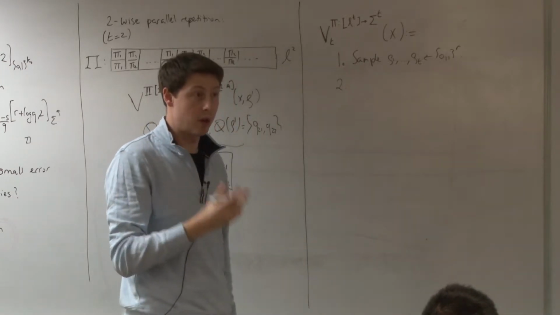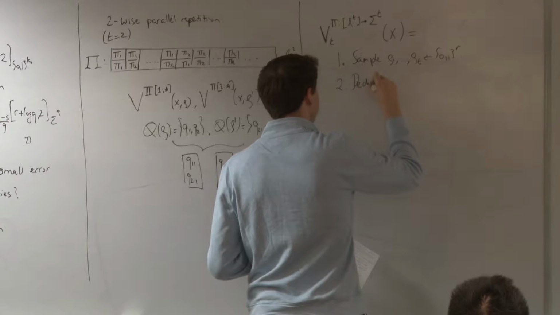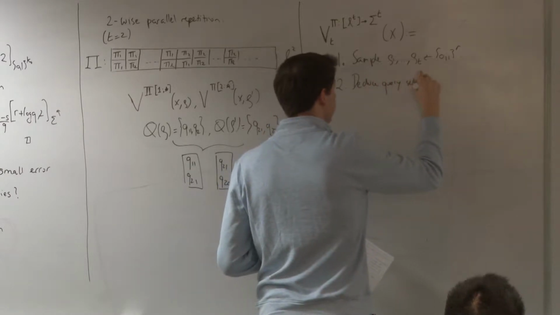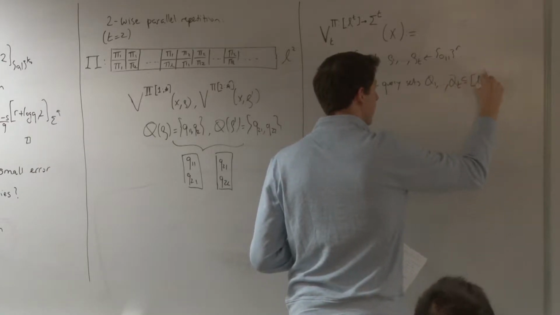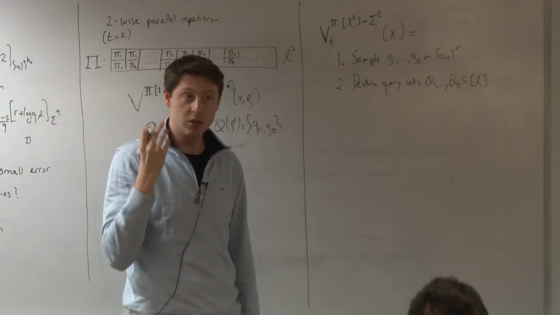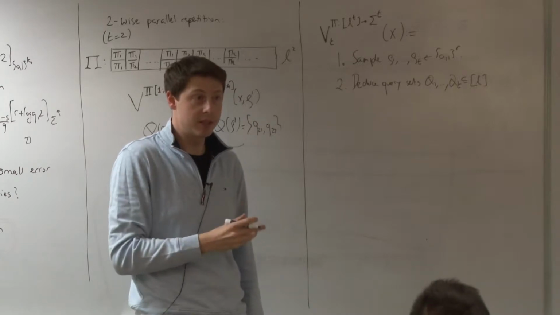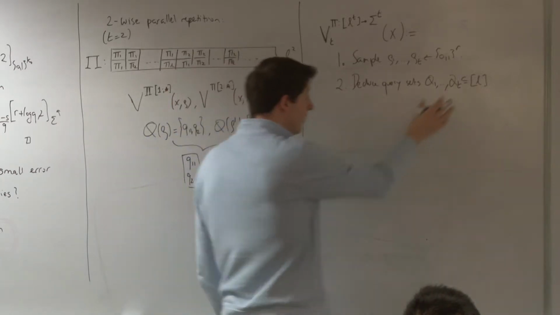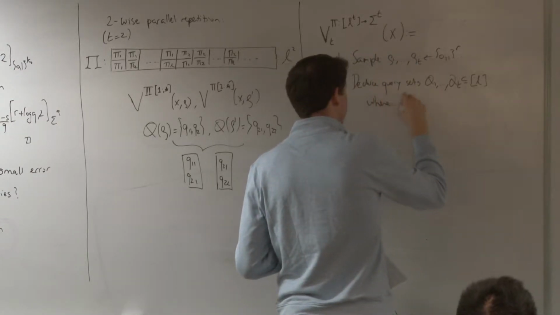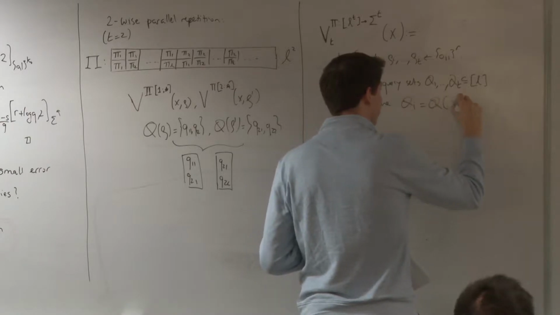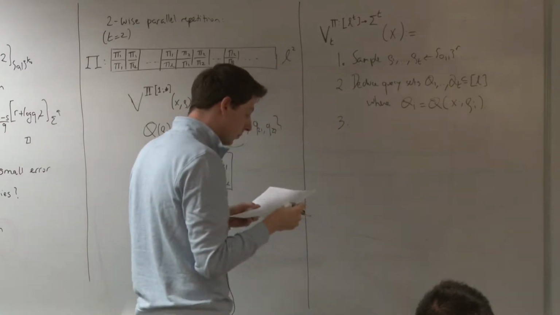So I should figure out what the query sets of each of these verifiers are. So deduce the query sets. Each of these is going to be a subset of 1 through L, because the original verifier wants to query into a proof that has L locations. I have t such subsets. Now I need to construct